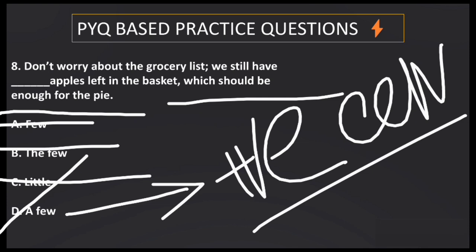Don't worry about the grocery list. We still have a few apples left in the basket, which should be enough for the pie. So a few is the correct option here because it gives us a positive connotation. Next is